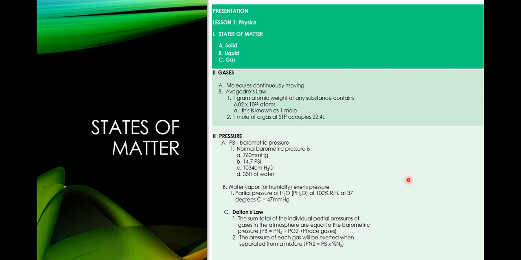In order to find that, it says barometric pressure is the pressure of nitrogen plus the pressure of oxygen plus the pressure of trace gases. That's all he's saying. Because how much pressure did we say nitrogen was? Do you remember? Well, not pressure, but percent. How much percent of nitrogen is in room air?